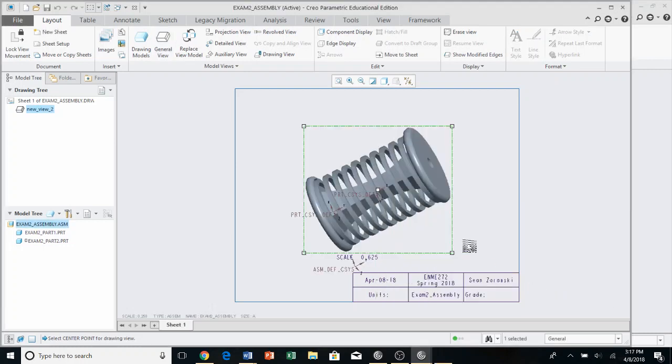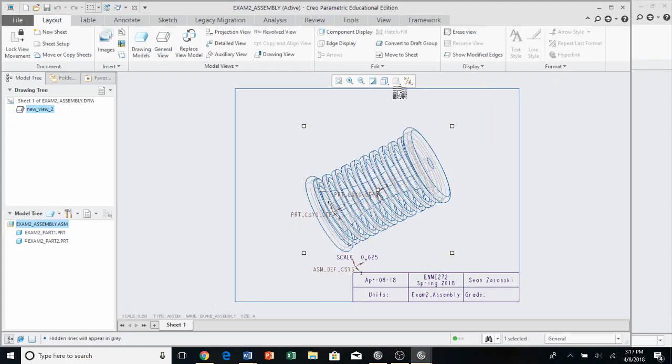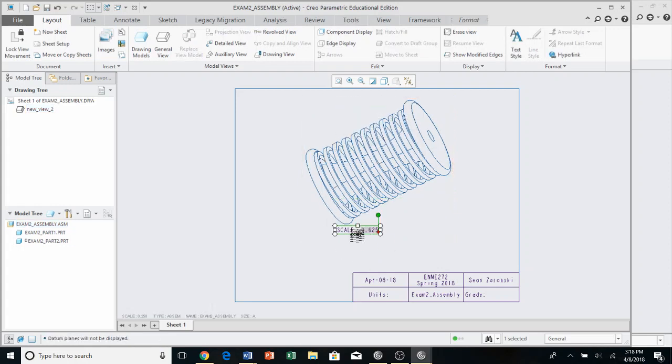Apply. Okay. This needs to be hidden lines. So wrong, no hidden lines. I don't know why I always do that. And select all of these, and we're gonna move this bad boy up. Bring this guy down here. Okay, cool. So from here, we have this ready to go, and we just need to create the